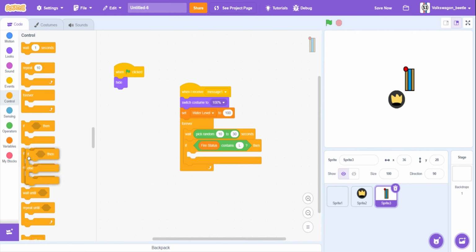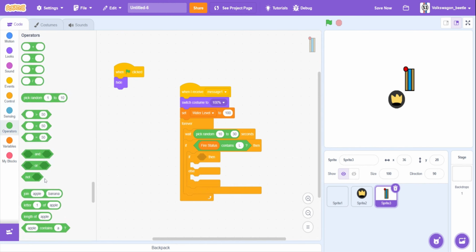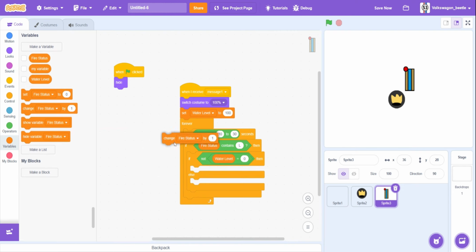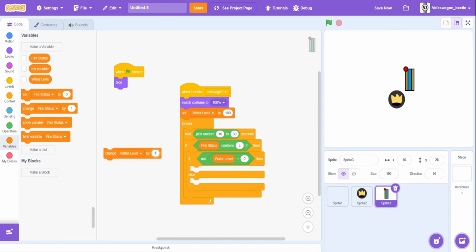Well, we're going to get an if-else variable block. I'm so tired. We get an if-else block, and we're going to do if the water level is not 0. Then we're going to change the water level by minus however many percentages